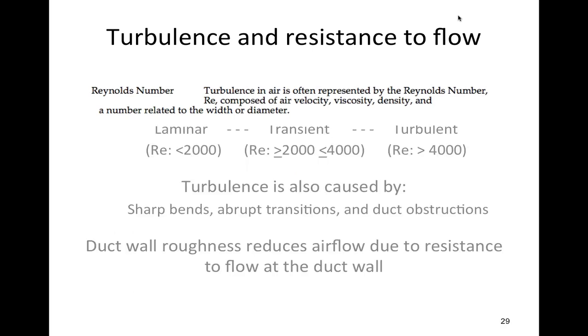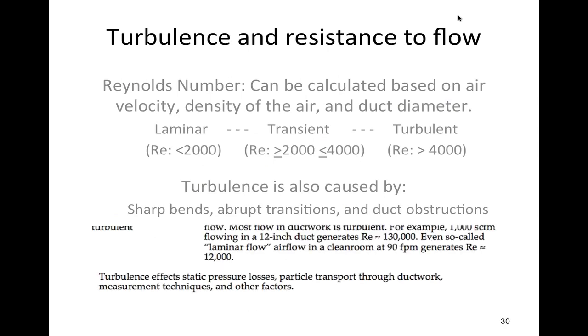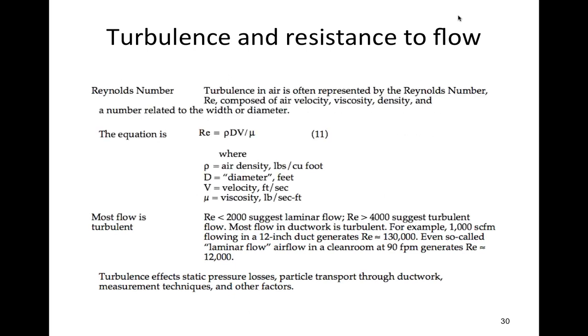You can imagine to have that kind of flow through a duct, you would have to be moving pretty slowly, right? Turbulent flow, the air is mixing up and blowing all over the place, and it's different velocities, it's faster in the middle and slower in the sides, and so on and so forth. That's caused by friction with the sides. It's also caused by bends and transitions and obstructions and screws and nails and everything else, right? So you can actually calculate the Reynolds number.